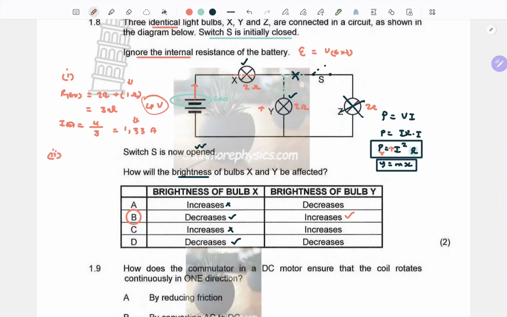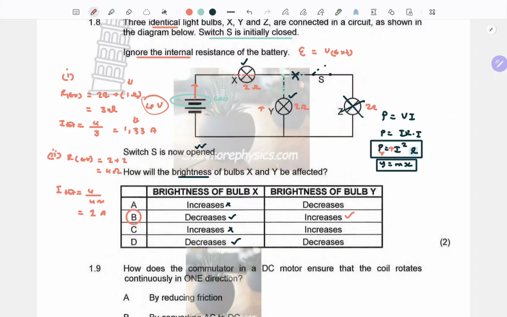But the second scenario, when we cut off the other one, the total external resistance R external would be essentially 2 ohms plus 2 ohms, which is just 4 ohms. Now look at what happens. The total current in this case would be the 4 volts divided by the total resistance. Can you see this is 1 ampere? Now look at this. Yes, the total current has dropped from 1.33 to just 1.